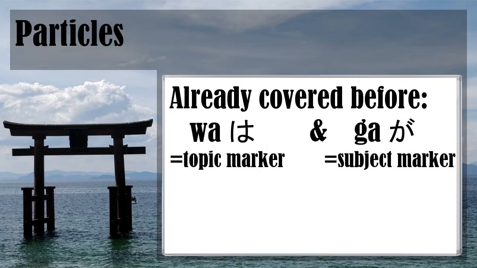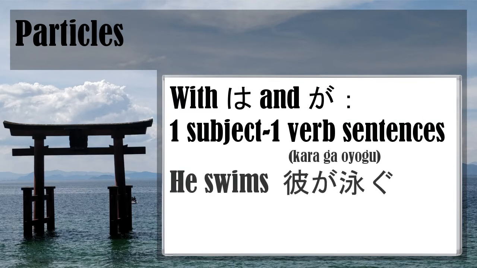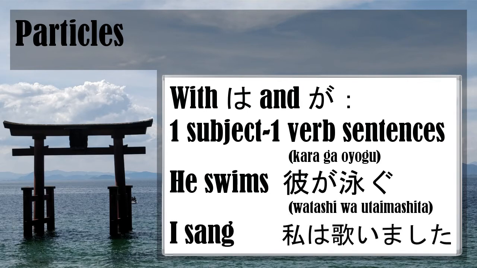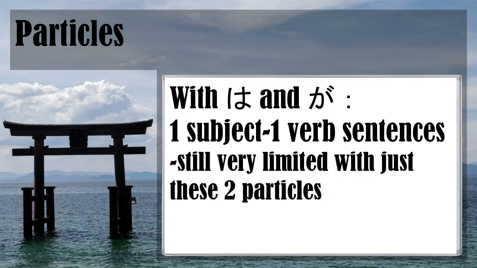sentence, and this enabled us to make very simple one subject, one verb sentences like he swims, 彼が泳ぐ, or I sang, 私は歌いました, or the book is interesting, 本は面白いです. Still, we're very limited in what we can express with just the particles wa and ga. So to massively expand our Japanese, we will learn about the particle wo, and thus learn how to add direct